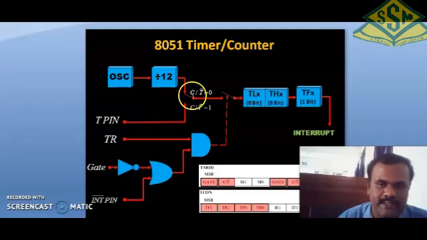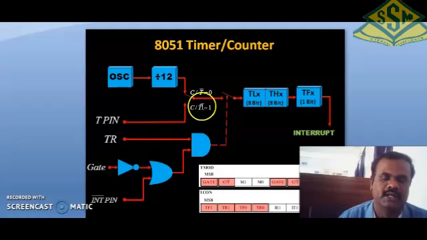So this arrow mark indicates what you choose, timer or counter. Okay, the two values are indicated. Timer or counter, which one is selected? So you put the value in the timer mode selection. Okay, everybody knows from the initial slides. Okay, so the timer bar is the low value. If you put the value 0, the timer will be selected. If you put the value 1, the counter will start. Okay, so this position is selected only for timer or counter.